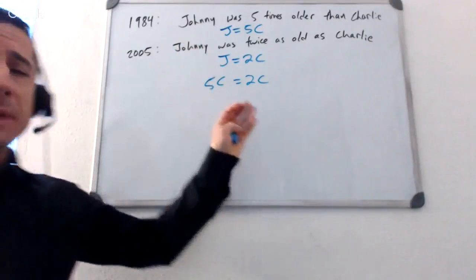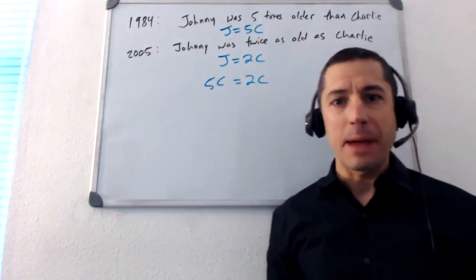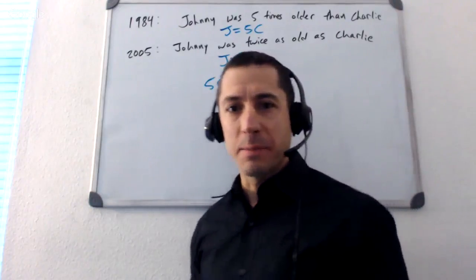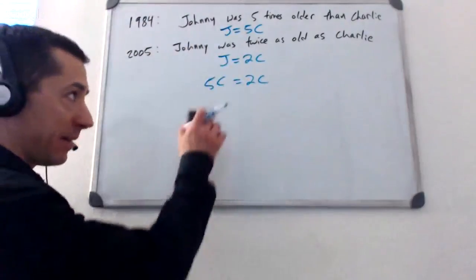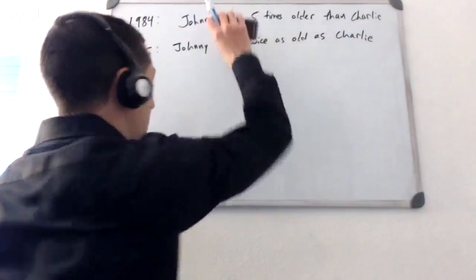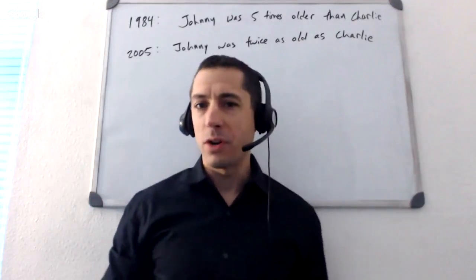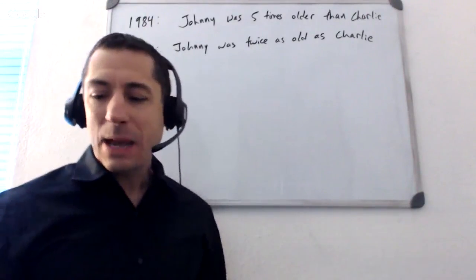This is the most common mistake, too much mechanicalness in the translation without thinking about what my variables actually mean. That's the big key. What do my variables mean? So what I always want you to do on these questions, and this is going to be true of really any word translation that's above about a 400 or 500 level, sometimes you've got to think about, hey, what do my variables really mean?